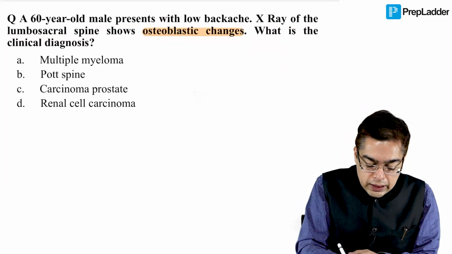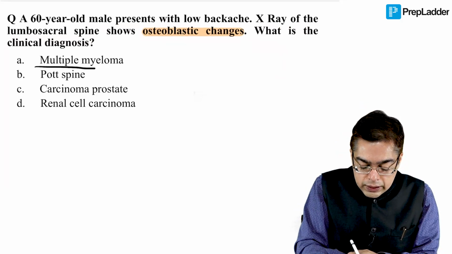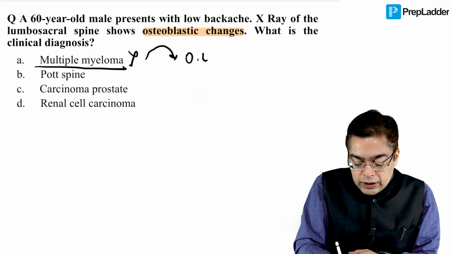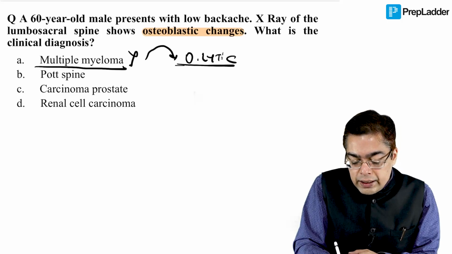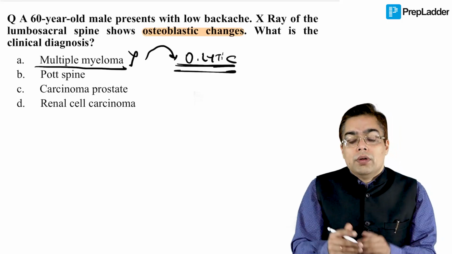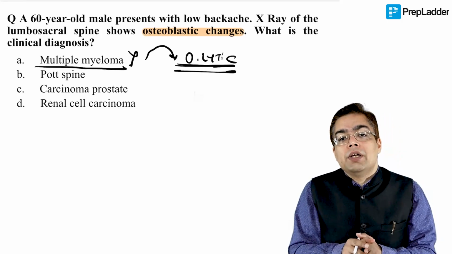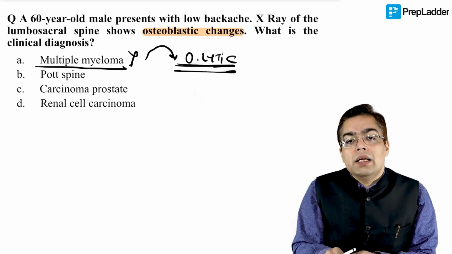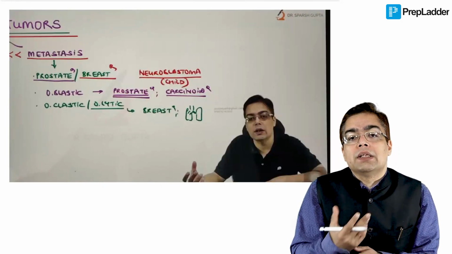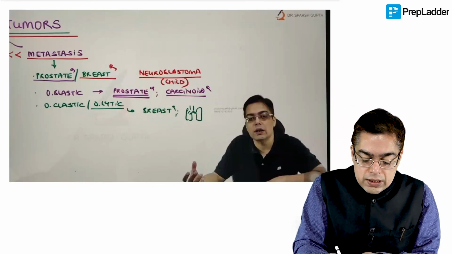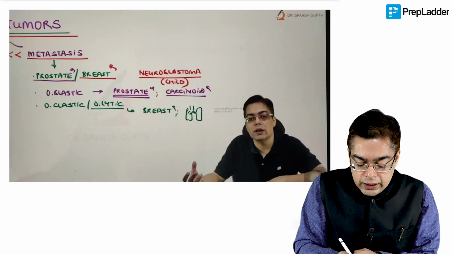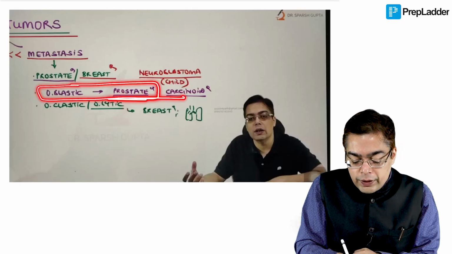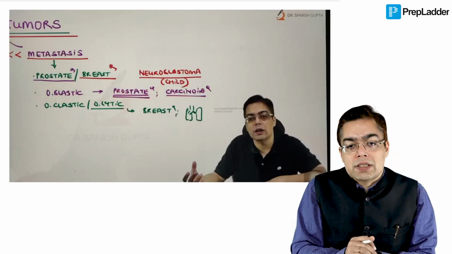We cannot mark the answer as, and I repeat, we cannot mark the answer as multiple myeloma, because in multiple myeloma, you are going to have osteolytic bone changes. So if that would have been missed by you, then obviously you would have marked the wrong answer. But when you are talking about an elderly male individual having backache, having osteoblastic secondaries, something which I have discussed with you again, osteoblastic, friends, happens to be classically what you find in case of prostate cancer.